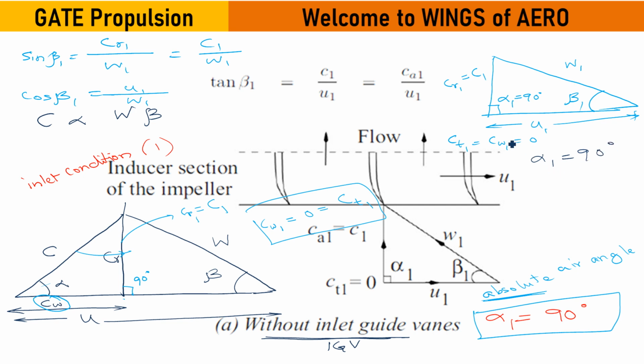In case they might have also given you some W1 value and C1 value, and they will ask what will be the beta 1 value. So using numericals again you can obtain the value. They can also ask what should be the real angle. They can give you fill in the blanks with this much meter per second. What should be the real value in case of without inlet guide vane? Very simple, obviously in this case it's going to be 0.